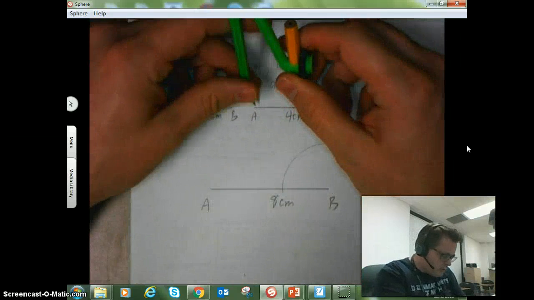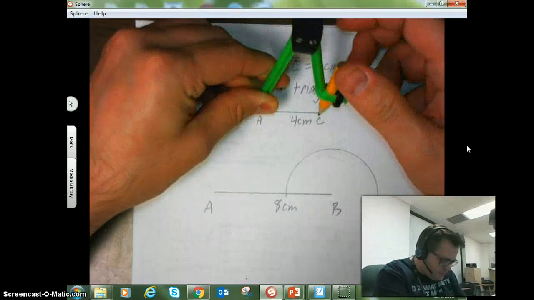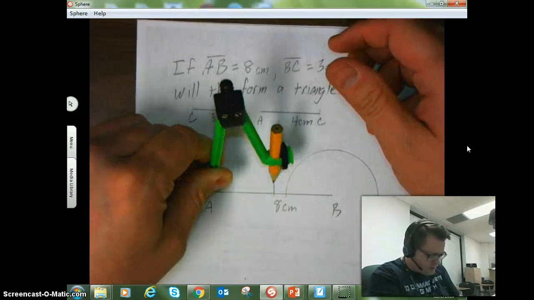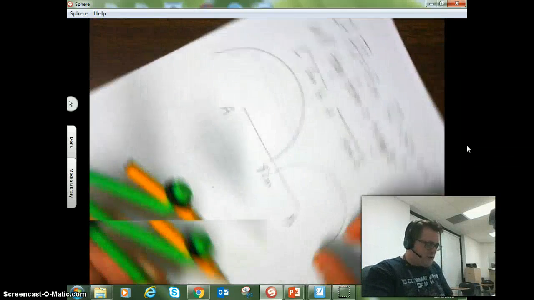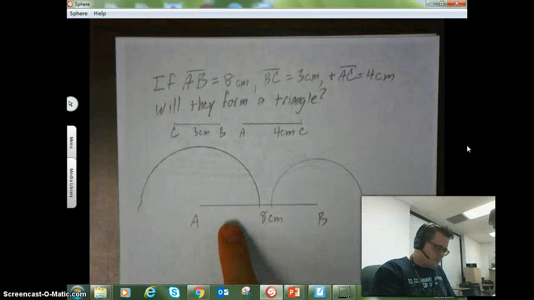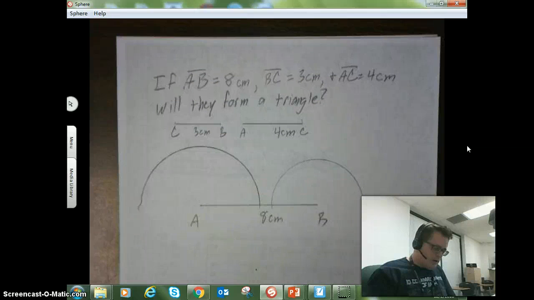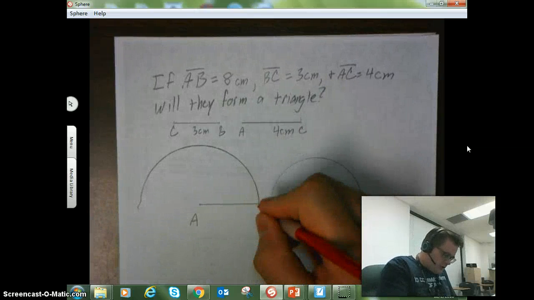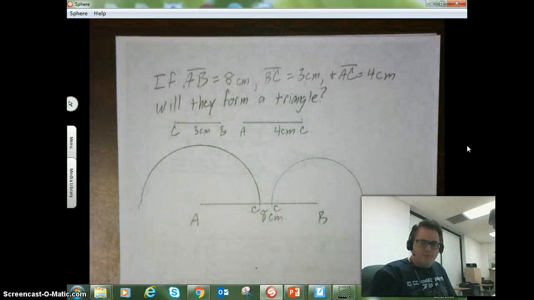Now we're going to copy segment AC. From point A, I'm going to do the same thing and make an arc. That means anywhere along that arc is where point C should be from point A. Well, you can kind of see the problem. If anywhere along here is where point C could be, and anywhere along here is where point C could be,